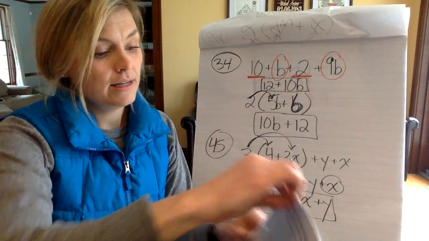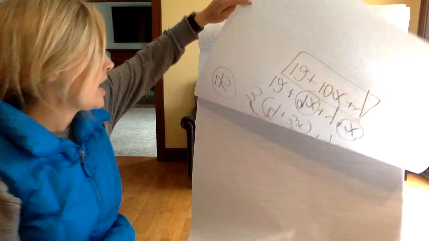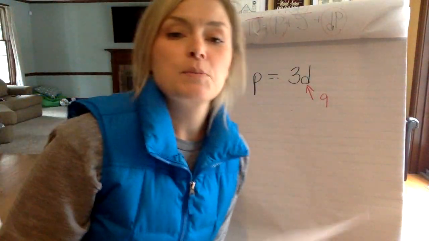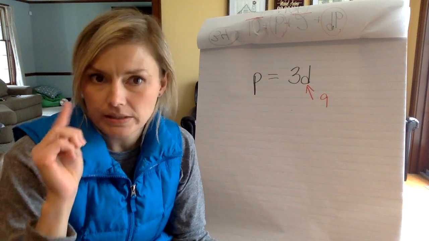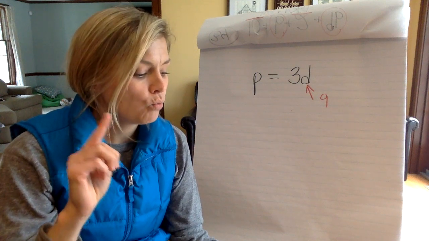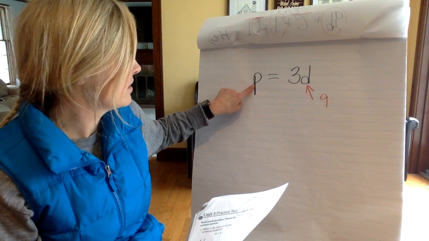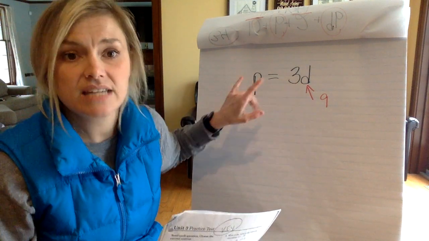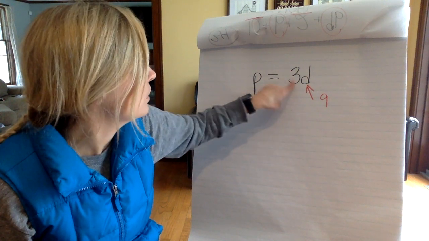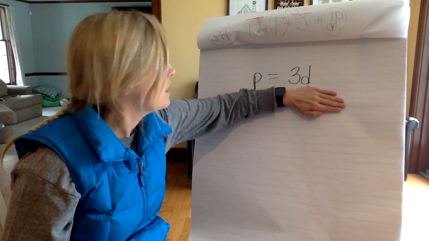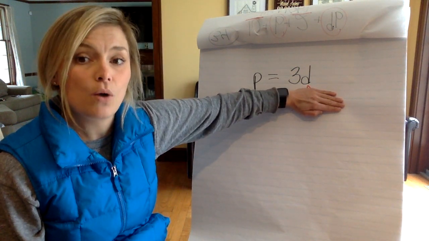And then in number 47, the last one, we talked a little bit about this in our chat as well. This particular moon of Mars orbits Mars 3 times every day, not just once a day like us. So write an equation to find the number of times it orbits per day. It's telling us to use P and D. So the number of times it orbits is going to be 3 times a day. So P equals 3D, or 3D equals P, is going to be your answer for part A